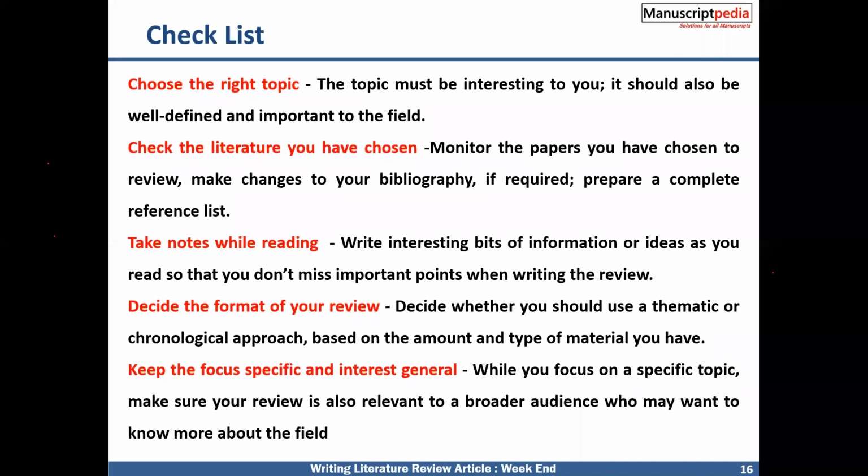Focus on specific topics related to the latest technology, so that your paper can get more citations. Recently I wrote a literature review paper and within 1 year I got 60 citations, because as per the UGC criteria, after 2021 citations will also be considered for your promotions and other things. So if you write a literature review paper during this quarantine time, that will help you.